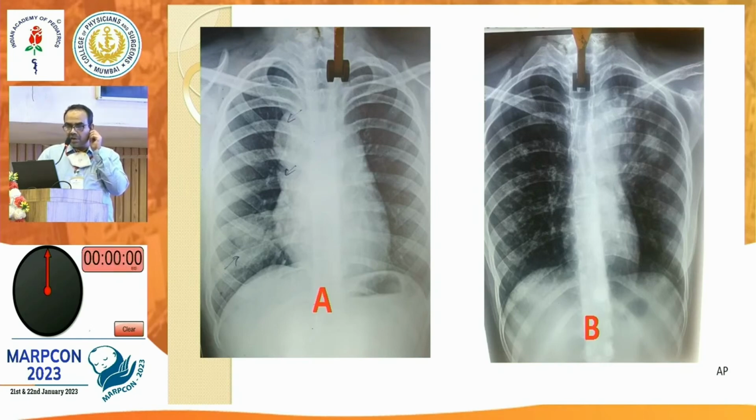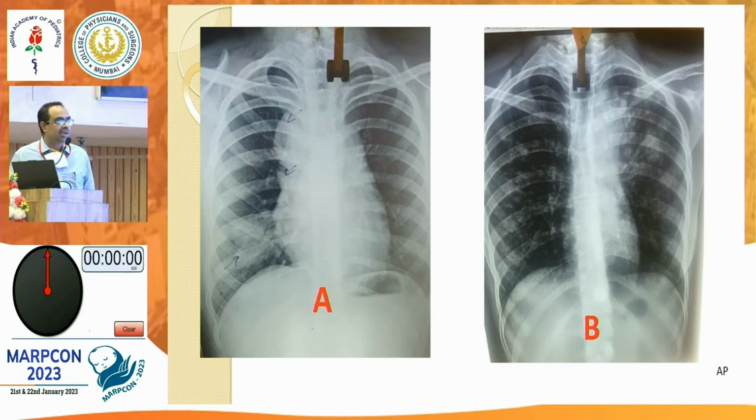Case 1, we did a CT guided biopsy, and it eventually turns out to be a non-Hodgkin's lymphoma. Case 2, I should be thankful to the radiologist at my disposal. He did an interscapular area puncture and got some material from the paratracheal lymph node, and we got a CBNAAT RIF sensitive. So that was tuberculosis. So we need to confirm the diagnosis.